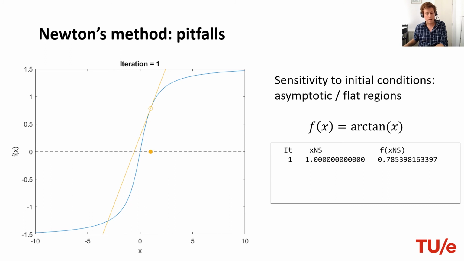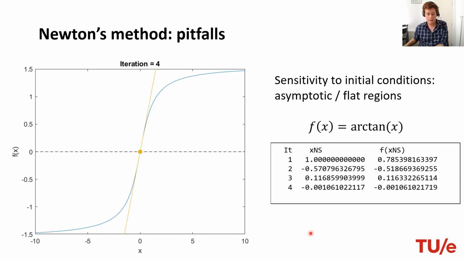Another example: let's further look at the sensitivity to initial conditions. Here we have the function f(x) = arctan(x), which clearly has a zero at x = 0. We can run Newton's method on it. We start here at x = 1. It draws the tangent, so the new solution will be over here. Again, it draws the tangent, new solution will be here. And that's how it proceeds. After 5 iterations, we're quite close to the true solution